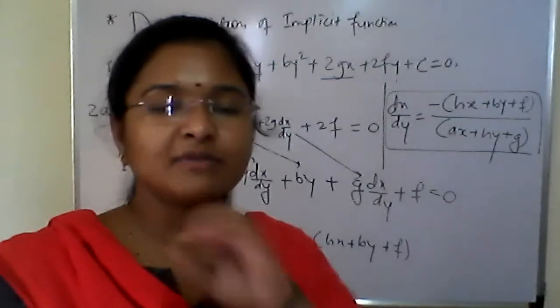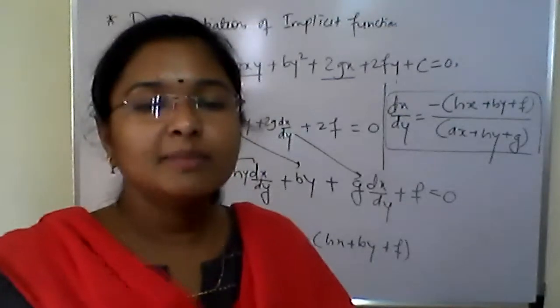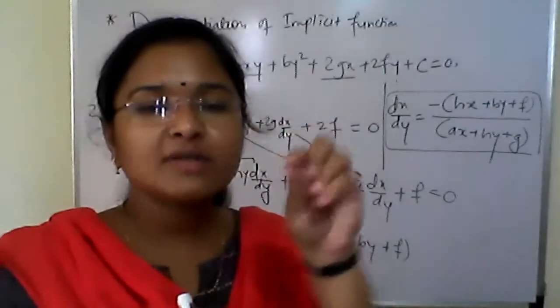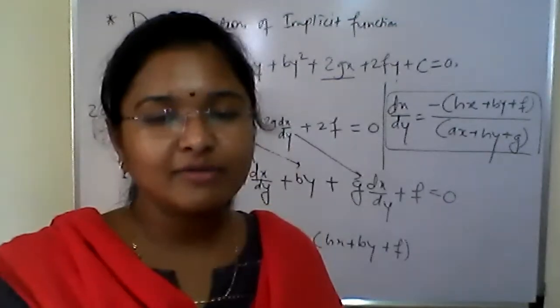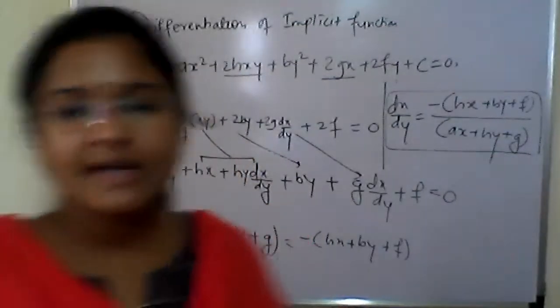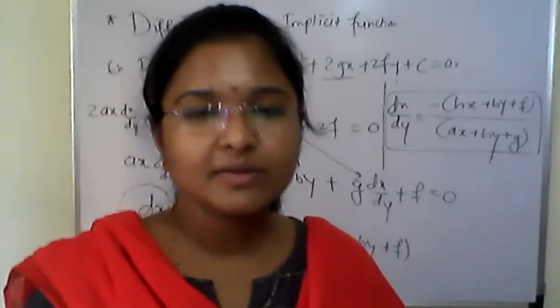This example was very simple. Only the x raised to n formula we have used here. But the important point was how to differentiate with respect to another variable, other than x, because we are habituated with the variable x only. So when we are differentiating with a variable y, you have to differentiate carefully. Any doubt in this question?